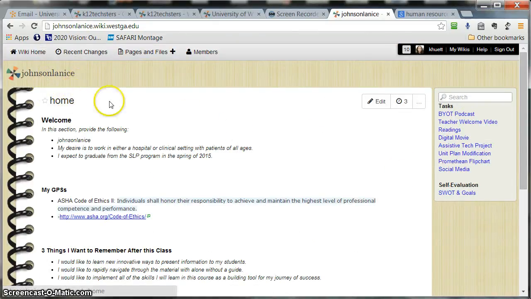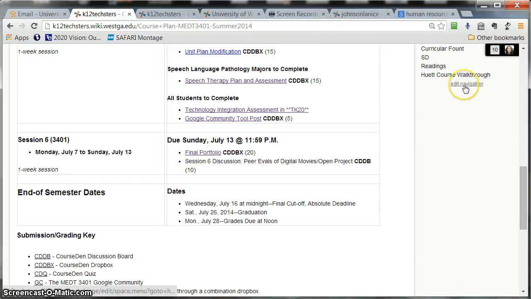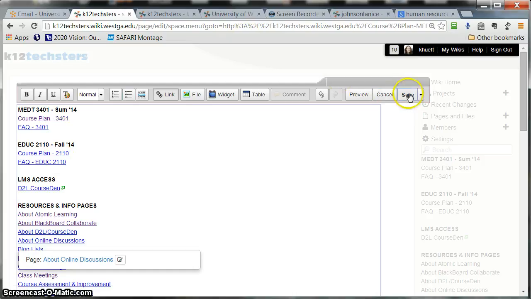Okay, let me look back at your questions very quickly. I think we've talked about everything. I'll go ahead and just show you, just to be sure, on my navigation bar what I was talking about. You'll see the words edit navigation. You'll click edit navigation, and then from there you'll find the thing you want to delete. I'm doing it right now. And then what you would do is you'd hit save, but I'm not going to hit save on this because I don't want to